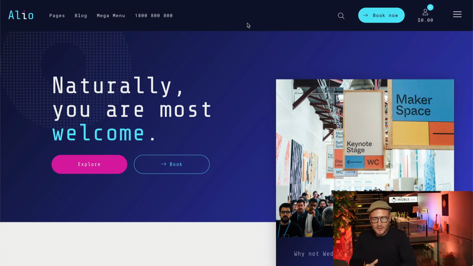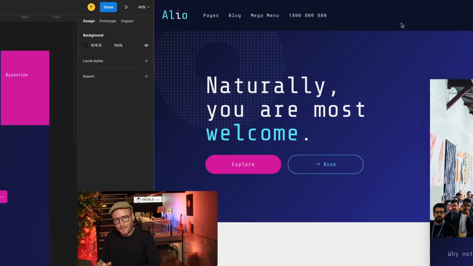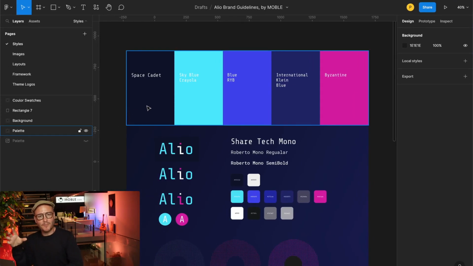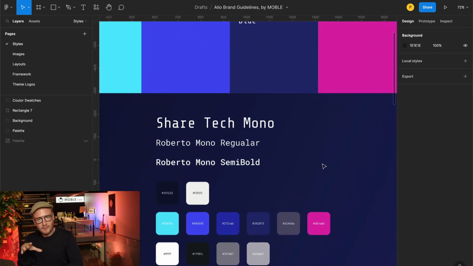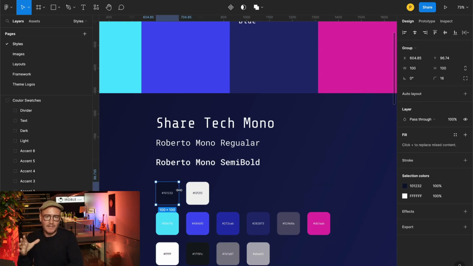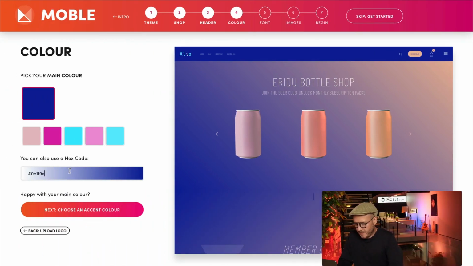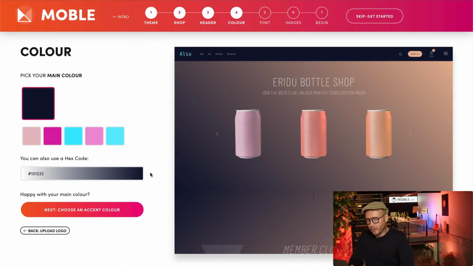So what I'm going to do now is jump over to my brand guidelines and pick the exact color. Now if you've got brand guidelines, you can go there right now and grab the hex code and then come back and paste it in. If you don't have brand guidelines, don't worry, I'm going to show you in episode 3 how we pick a really cool color palette. So here I'll grab the hex code, paste it in,